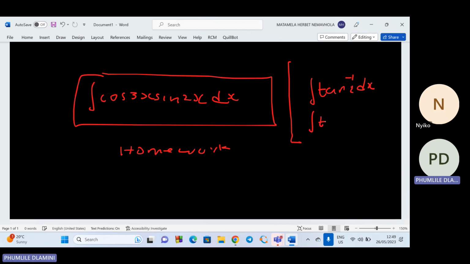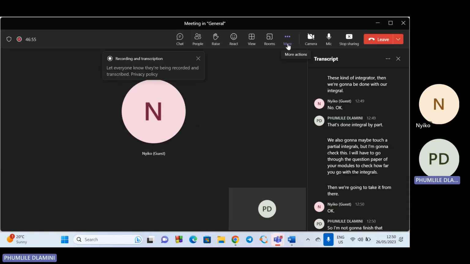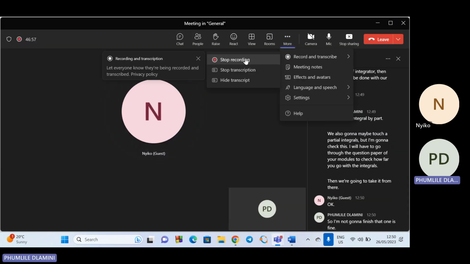Then we're going to be done with our integral, including integration by parts. We're also maybe going to touch partial fractions, but I'm going to check the question paper of your modules to see how far you go with the integrals. Then we're going to take it from there. So I'm not going to finish that one, it's fine. Then I'm going to even send you the